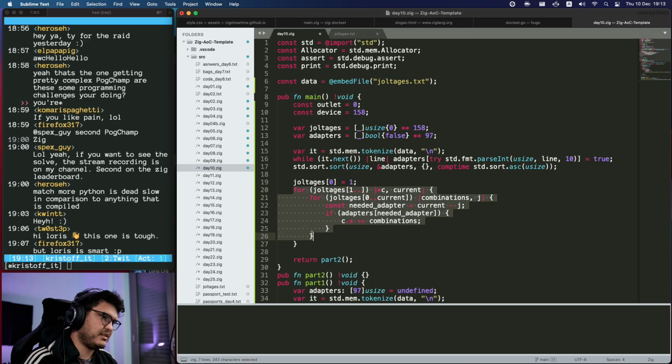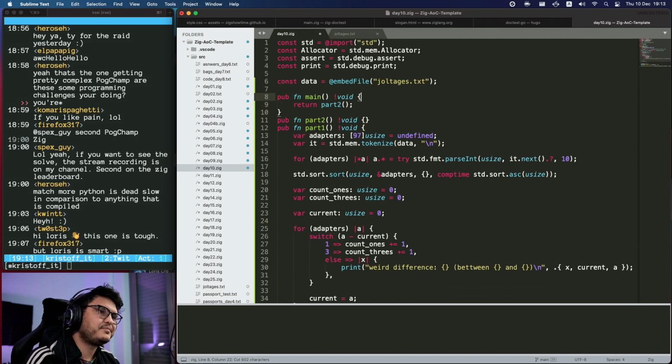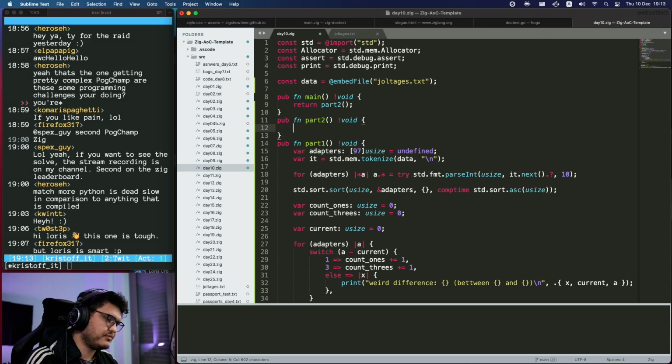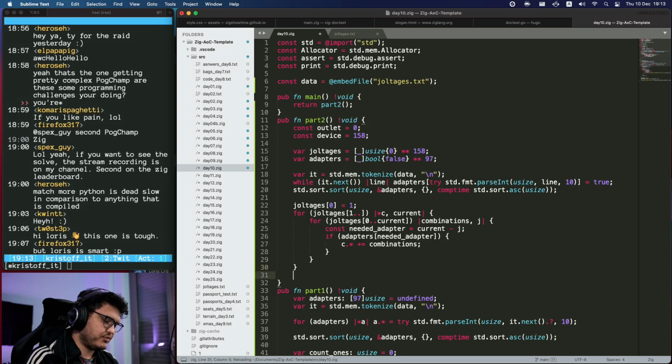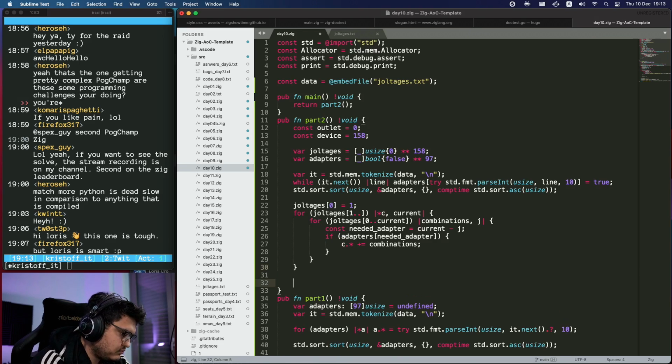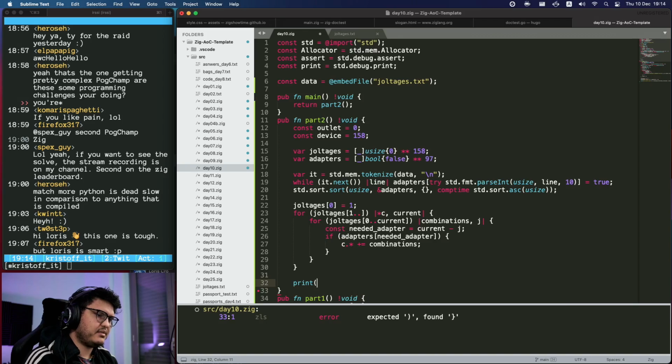So this brings us to, you know what? Also, why did I write this in main and not in part 2? So let's put this in part 2 where it's supposed to go. So now, you know what I'm gonna do? I'm gonna print the result, which is gonna tell me how many possibilities there are to get to 158 at the end of the day. Hey, is this really it? Come on. Print